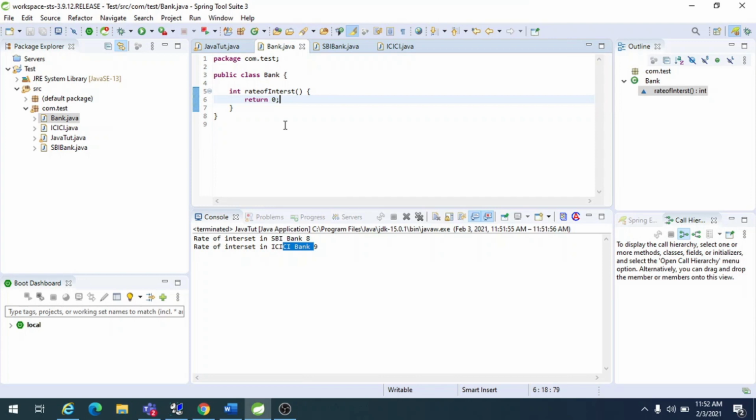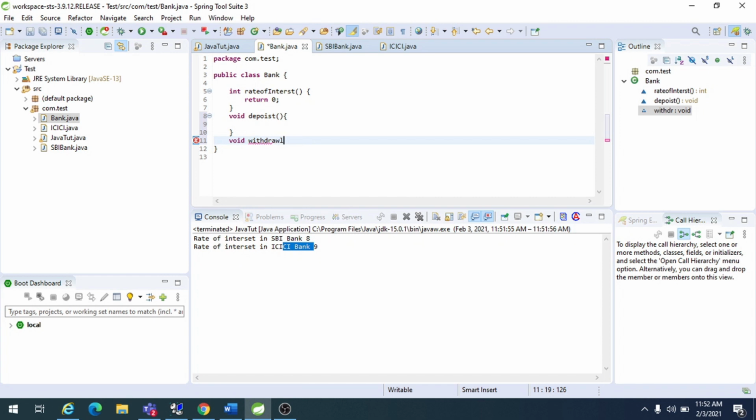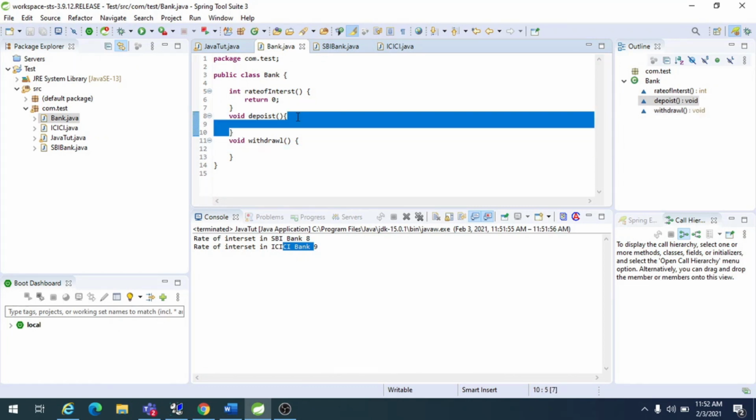SBI has one rate of interest, and ICICI a different rate of interest, but some transactions like deposit and withdrawal are the same functionality for every bank, while the business logic will vary from bank to bank. So those we need to implement.